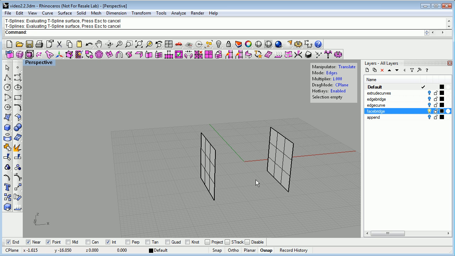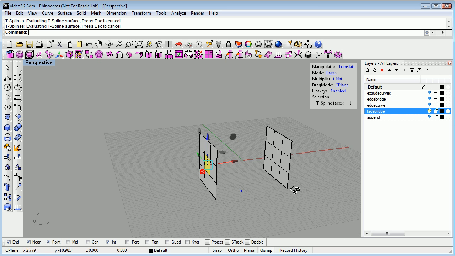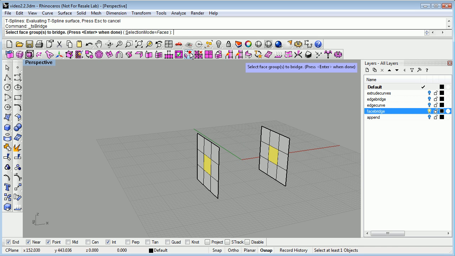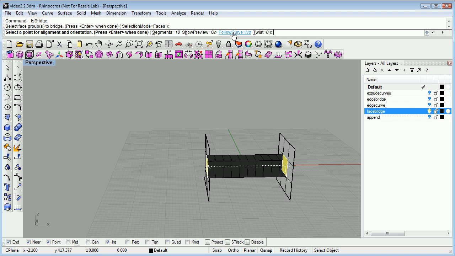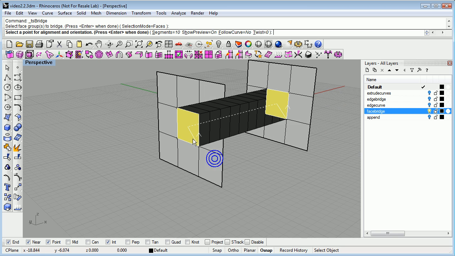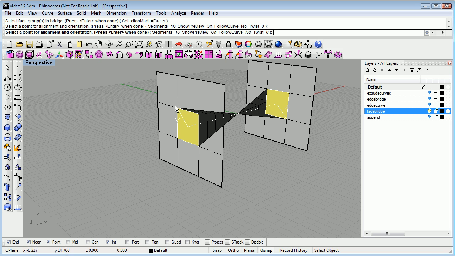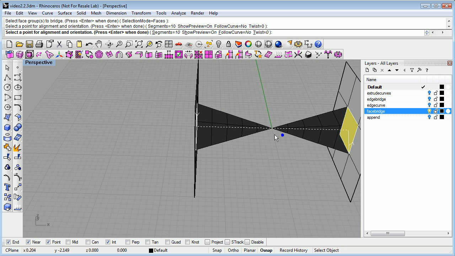Bridging also works for faces. And there are a couple of options I wanted to show on faces. So the first one is that you have options for how to align the two face regions that you're going to merge together. So if I click up here and align this top corner with this bottom corner, we can see that there's